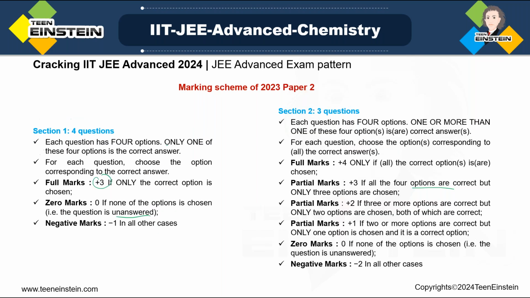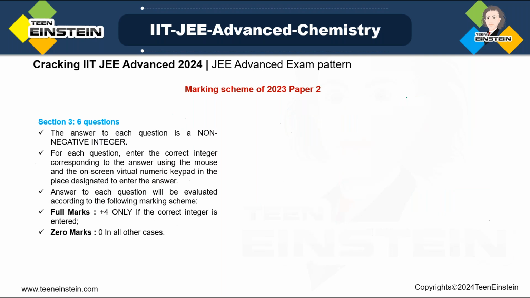Then, okay, let me tell about the marking. Here +3 and 4 questions, that means 12 marks you can get maximum. And here we have 3 questions, full marks +4, that means again 12 marks you can get maximum. Marking scheme of 2023 paper 2. Section 3, 6 questions,